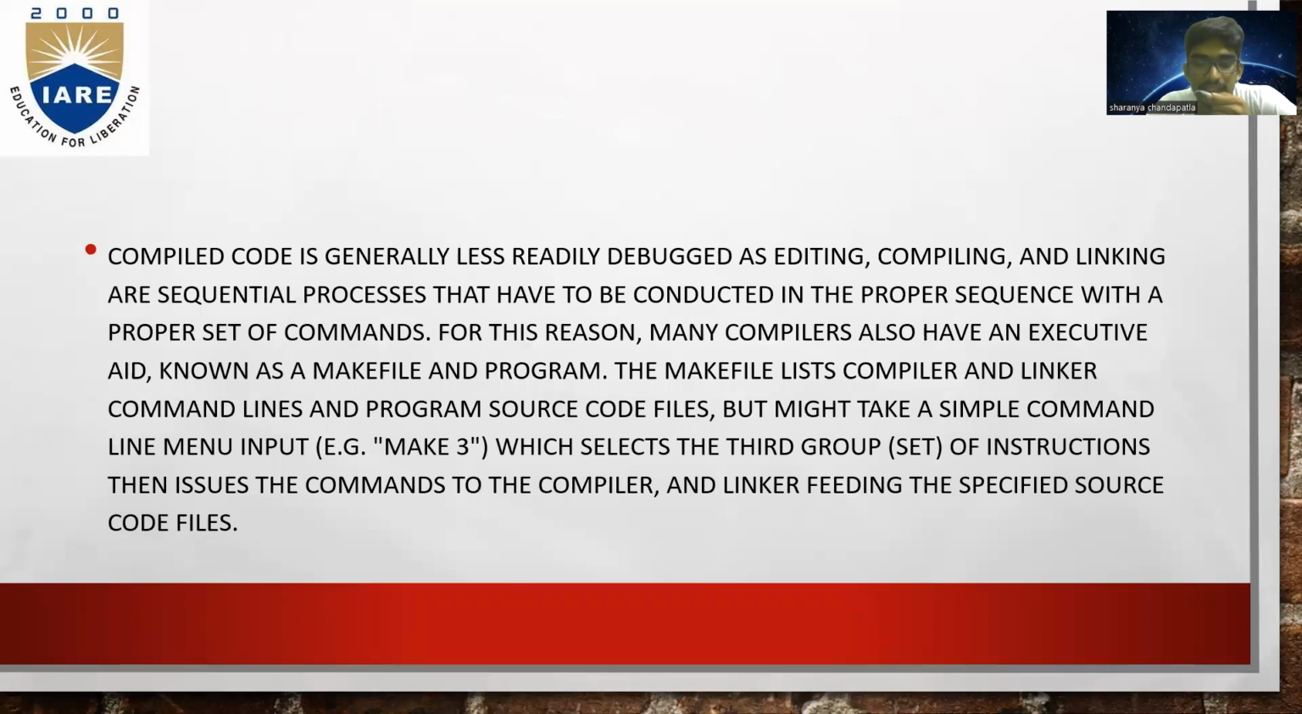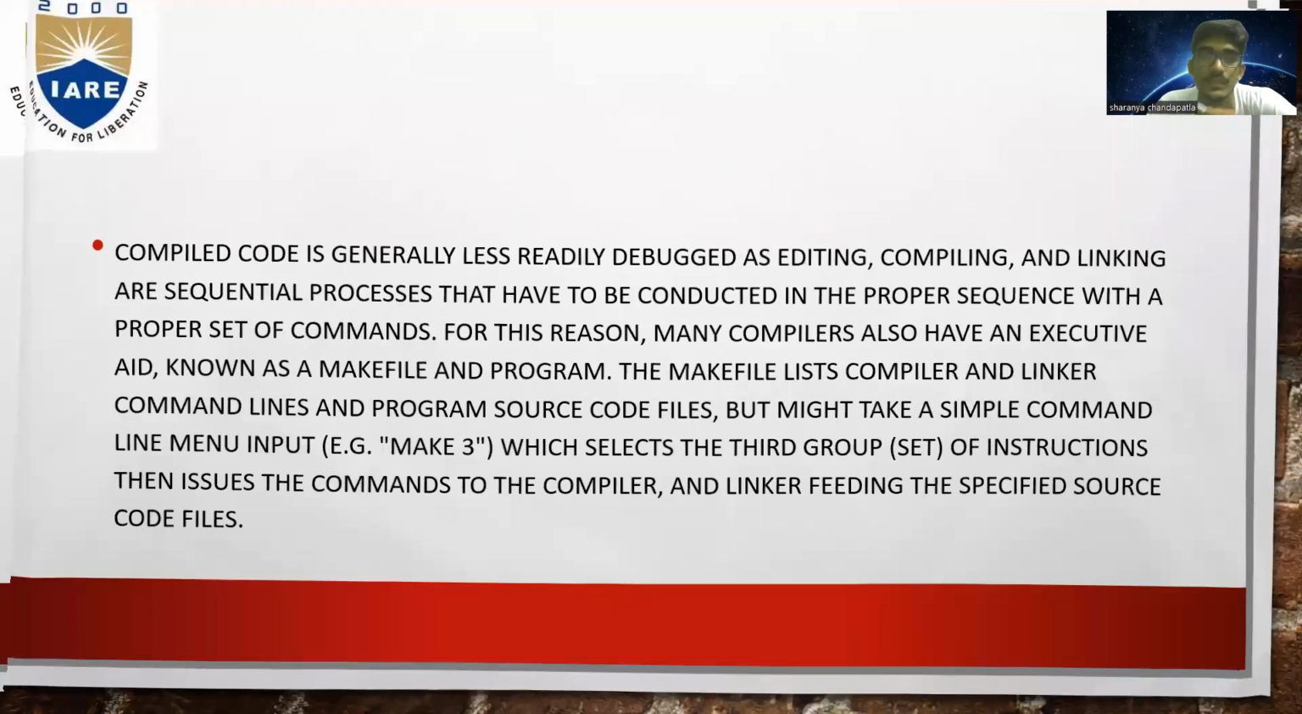Compiled code is generally less readily debugged and edited. Compiling and linking are sequential processes that have to be conducted in the proper sequence with a proper set of commands. For this reason, many compilers also have an executive aid known as a makefile and program. The makefile lists compiler and linker command lines and the program source code files, but might take a simple command line menu input. For example, make 3. It selects the third group set of instructions, then issues the commands to the compiler and linker, feeding the specified